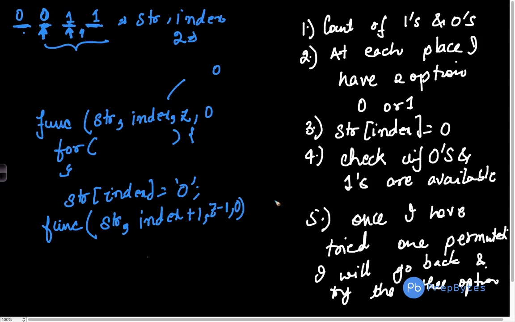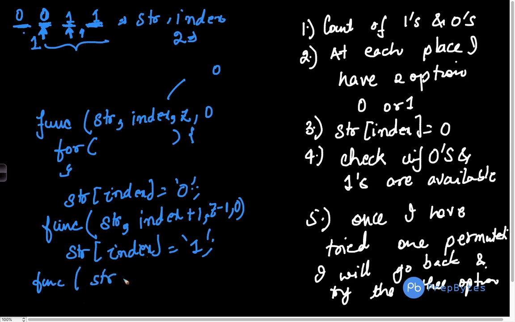Now I have done that and I have tried for 0. What else is the option? Let's say 1 gets filled here, and as soon as the loop finishes, we return. Eventually we return back to this particular place. For here I have already tried 0, so when I come back to this place I have to put 1. For that I need another line of code for 1, and then I put 1 here. Since I have added 1 here, this function call will be func(str, index plus 1, z remains as it is,